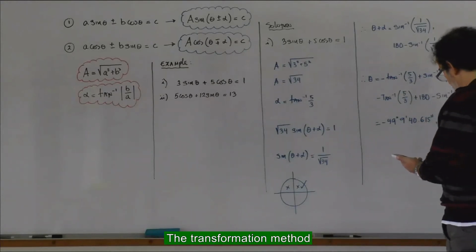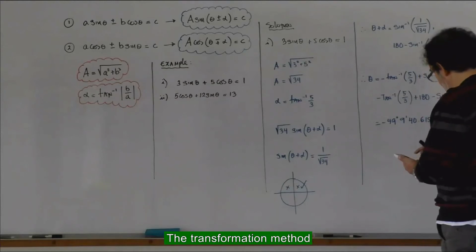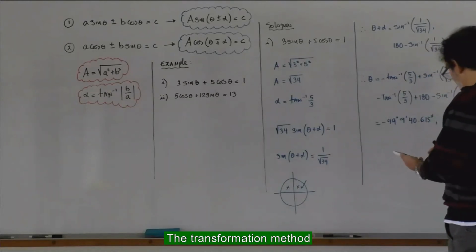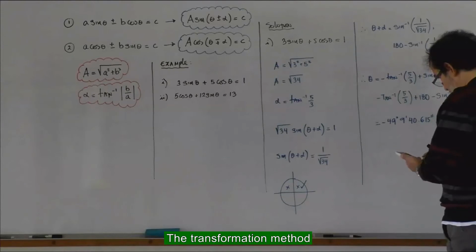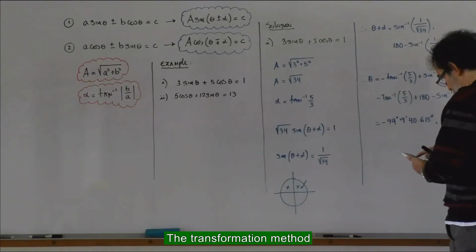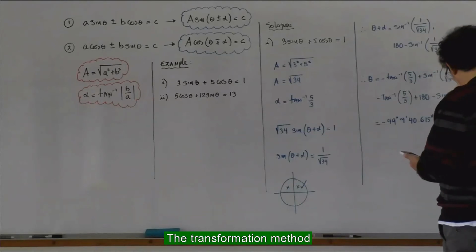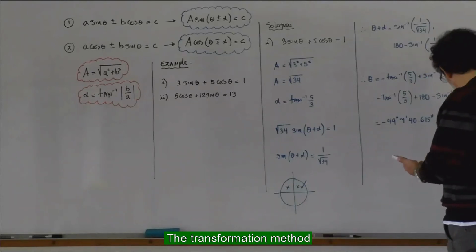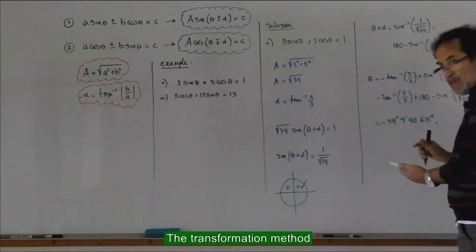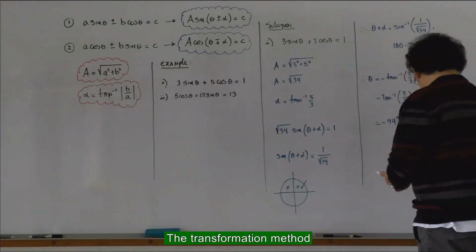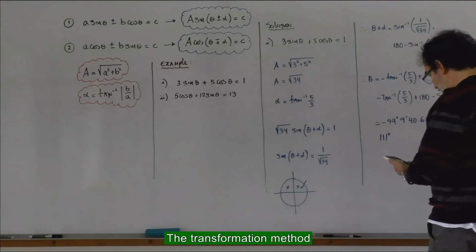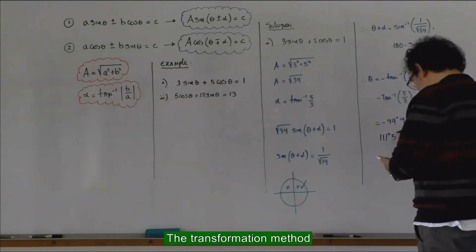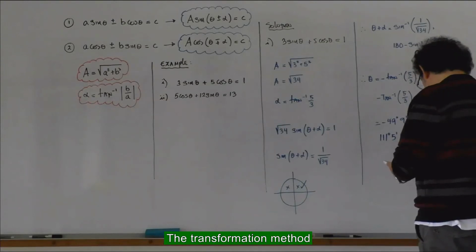We have negative inverse tan of 5 over 3 plus 180 degrees, and then minus inverse sine of 1 divided by the square root of 34, close bracket, and then I have 111 degrees 5 minutes and 19.66